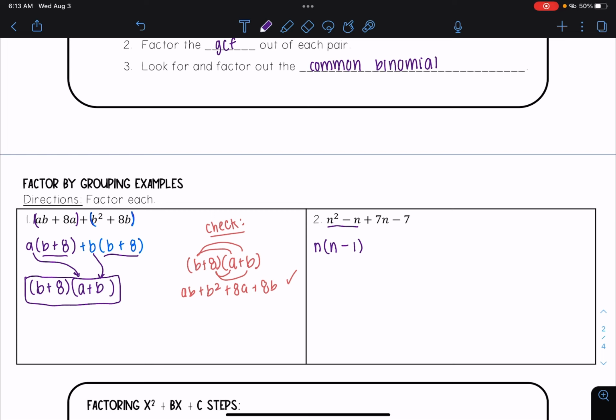Looking at this second pair, I have 7n minus 7, and I see the biggest thing I can take from both of those is 7. And when I divide 7 from both terms, I get n minus 1. And now my last step, I take my common binomial and I factor that out. And then I leave behind in its own parentheses this n plus